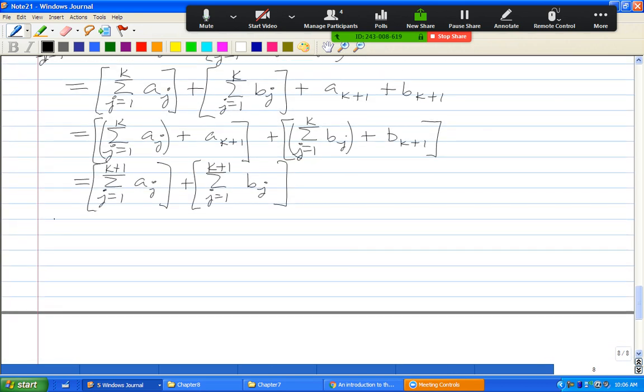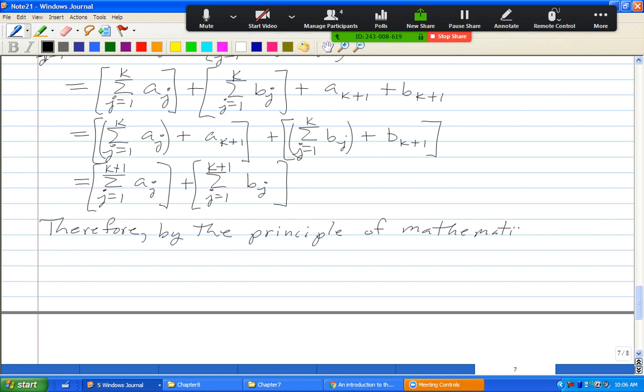And so, therefore, by the principle of mathematical induction, the sum j equal 1 to n of a sub j plus b sub j is just equal to the sum j equaling 1 to n of a sub j plus the sum j